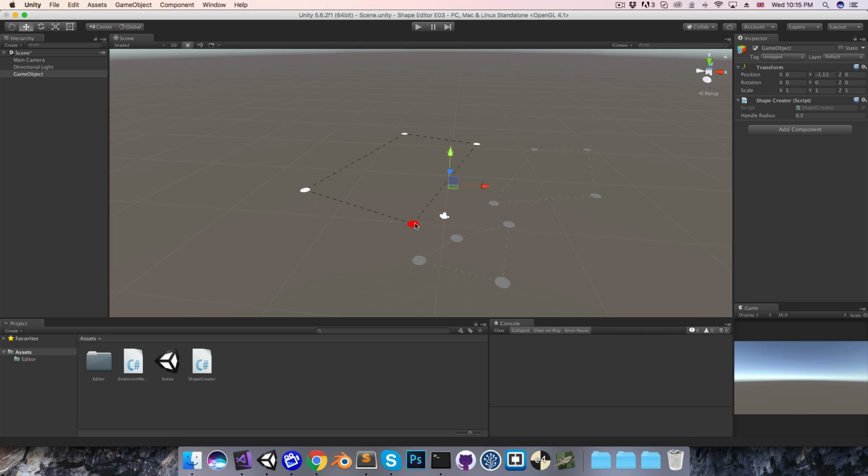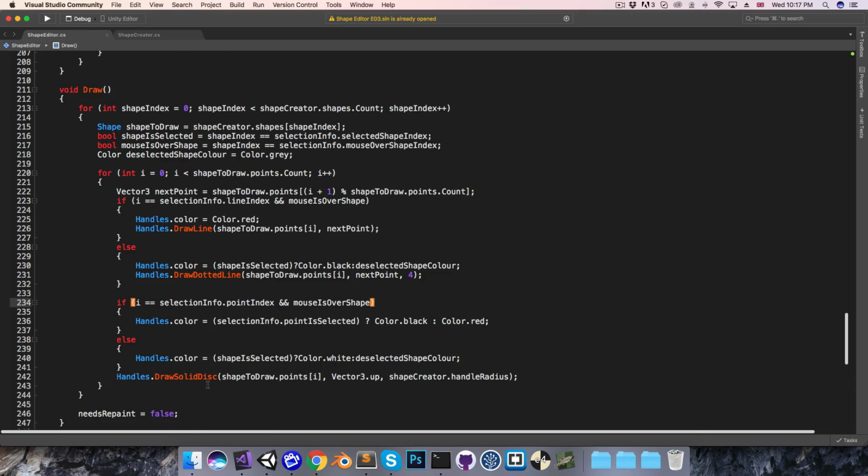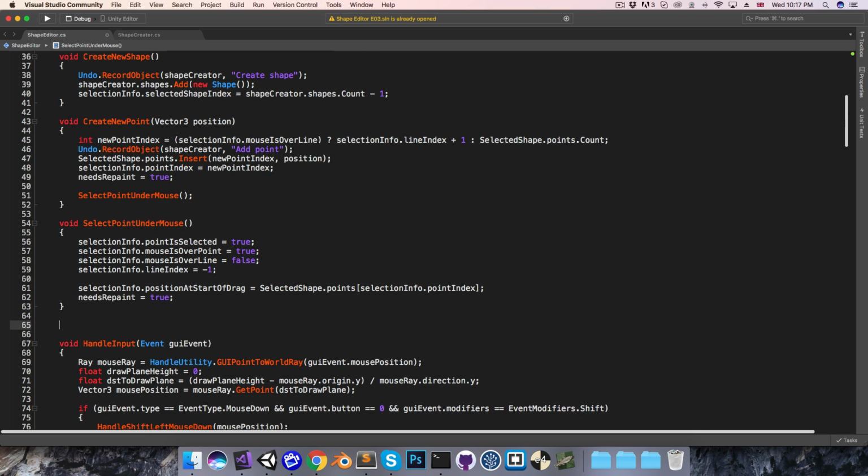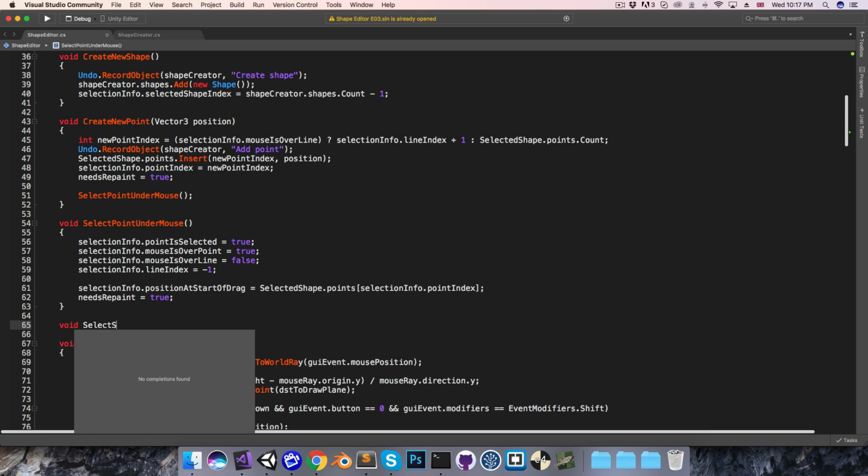So once that compiles, we can see this is working here, and we can also highlight the points and lines of the grayed out shapes. Of course, at the moment, what isn't working is if we actually click on, say, this point here, it's just going to interact with the selected shape. So we want to tell it when we click on a new shape, that should become the new selected shape index. So back to the script, and let's come somewhere up here and create a new method called select shape